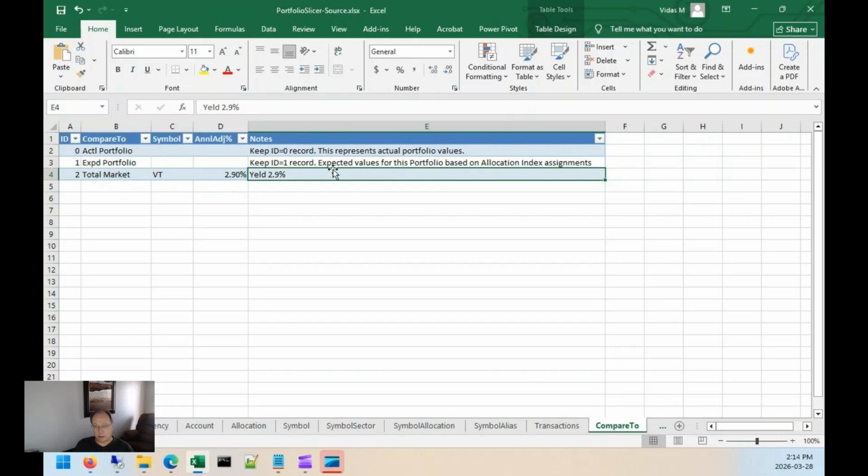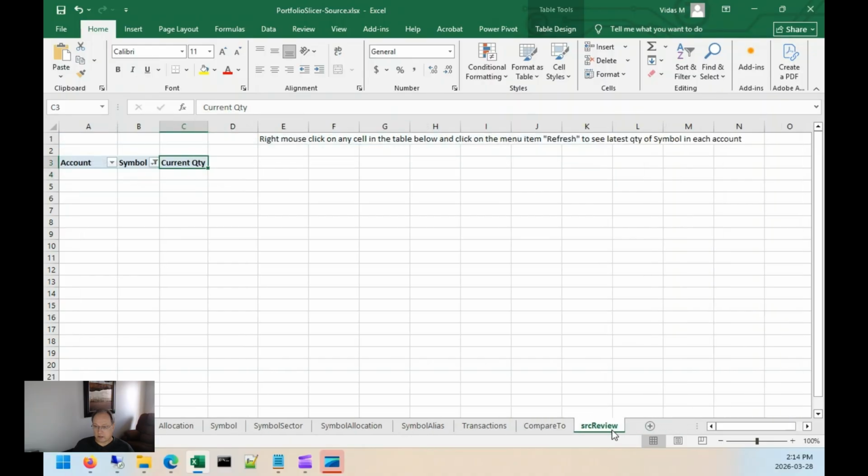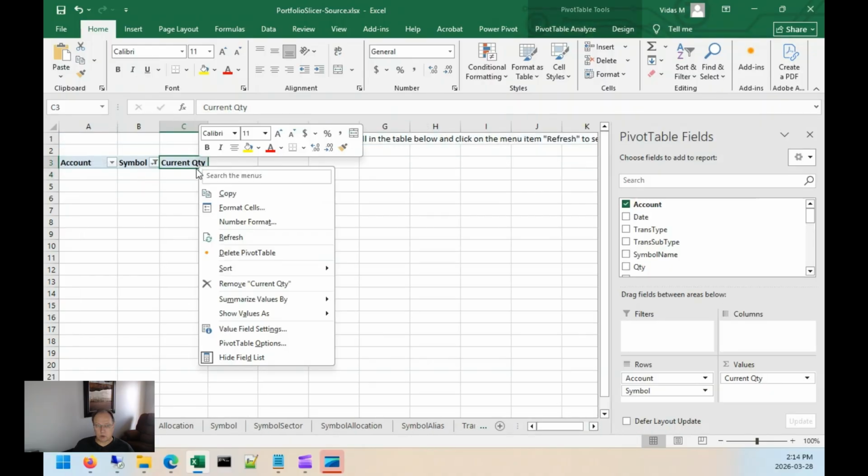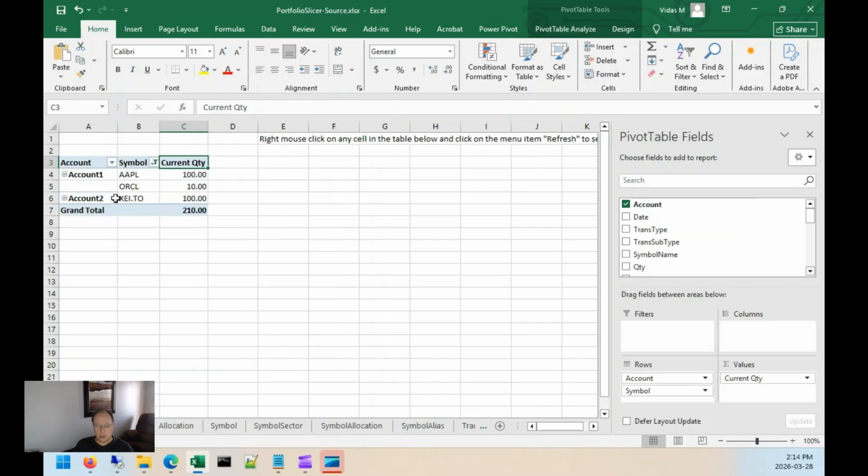For now, we keep it empty as it is. Keep that record because we have a VT. We use the symbol VT here when we want to compare our investments to the total market. As we have VT already defined in the symbol table, we don't have to worry about this. And then SRC review. So this is, if you right mouse click and refresh, it tells you what you really have in account 1 and what you have in account 2. Just a quick summary of what you have where. Okay, so now let's